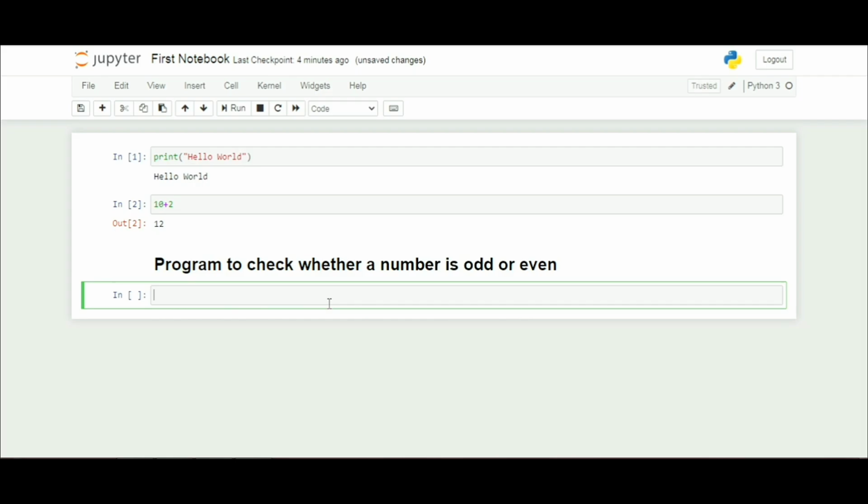This line starts with a hash symbol. Anything written after hash is treated as a comment. Comments are ignored by Python and are mainly used for documentation and making our code easier to understand. Now let us write a program to check whether a number is odd or even. num equals integer